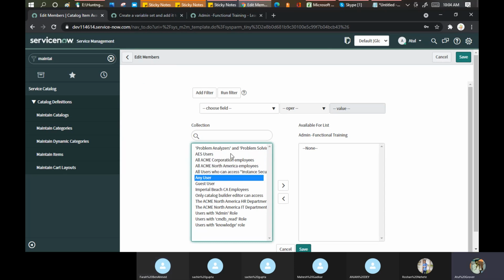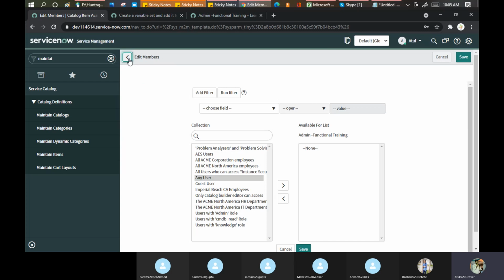You are basically creating a group only, but in the group you are mentioning the condition: users who don't have department HR cannot see this catalog item, and users who don't belong to department IT cannot see this particular option here.